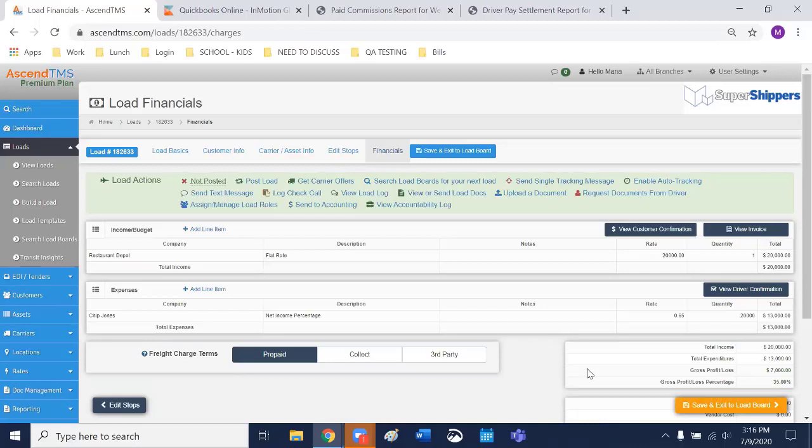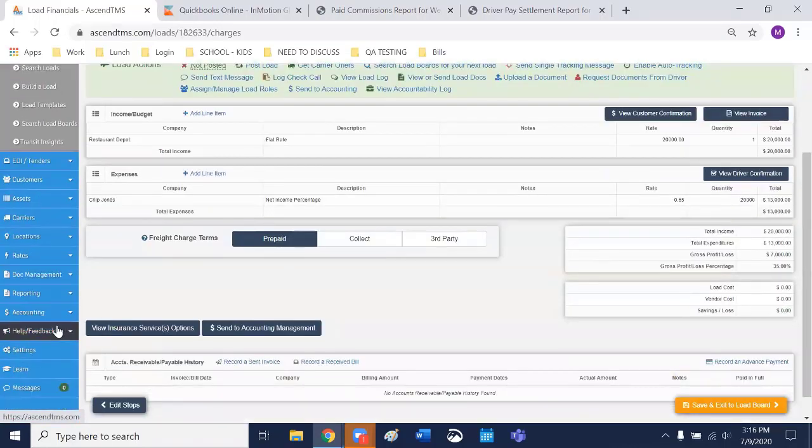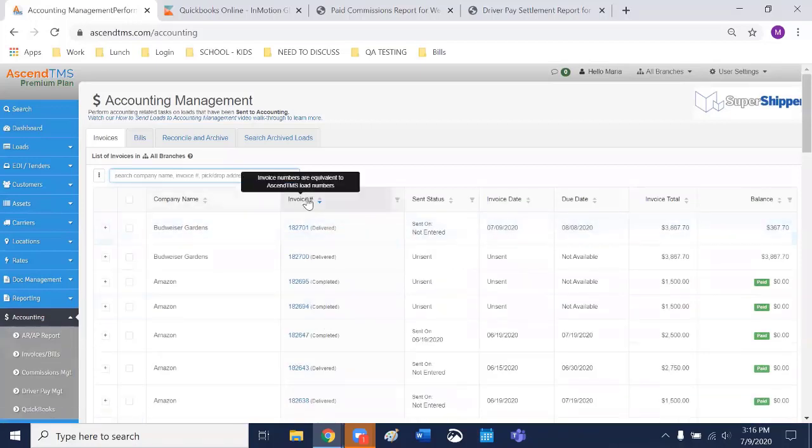I can tell you, Shannon, probably half, if not more, of my users are not doing that because they don't want the double entry. So they will invoice their customer, record their bill, then they'll export everything to QuickBooks and they'll archive the load in here. Then they'll do all the recording of payments made or received in their QuickBooks. And whenever I've asked them, do you ever get concerned that it doesn't match in both systems? They said no, because their preference is QuickBooks, being that's their financial accounting software. That's what they need to be accurate. So that being said, you can do that as well.